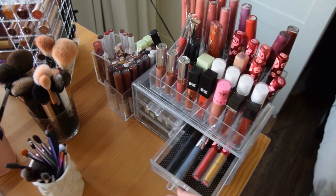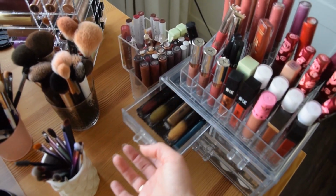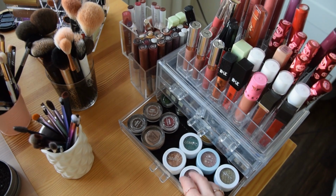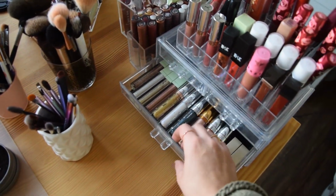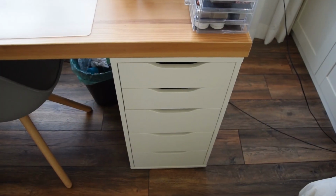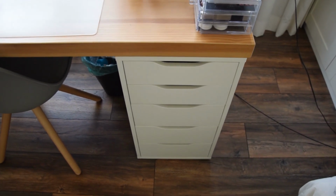And then here I have some more crazy colors that I don't use very often, but I still want at hand. And then here I have my eye singles and cream liner, cream shadows. And here I have my glitter shadows in here. And then we go into what is the real storage, which you see usually during my shop, my stash. So this is my